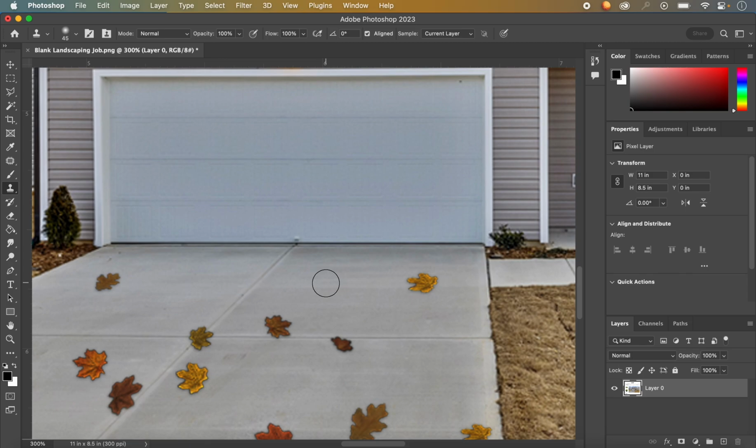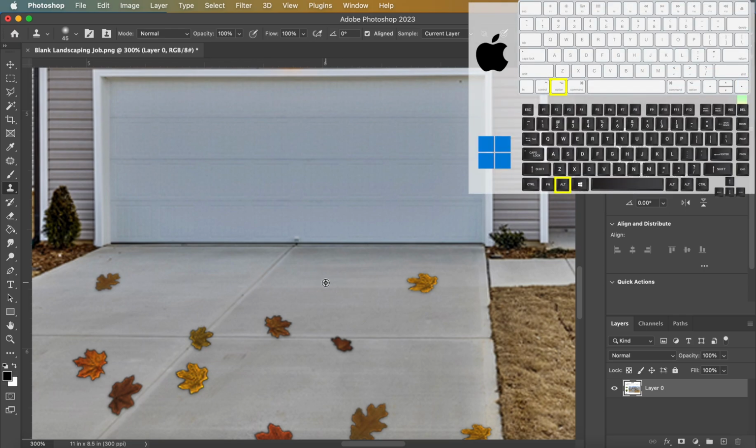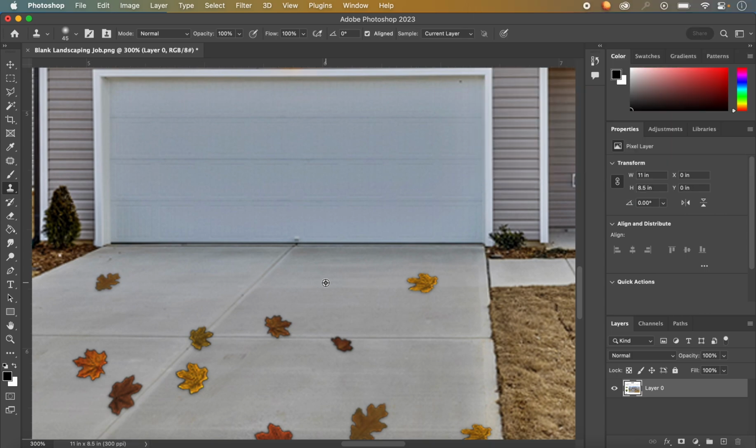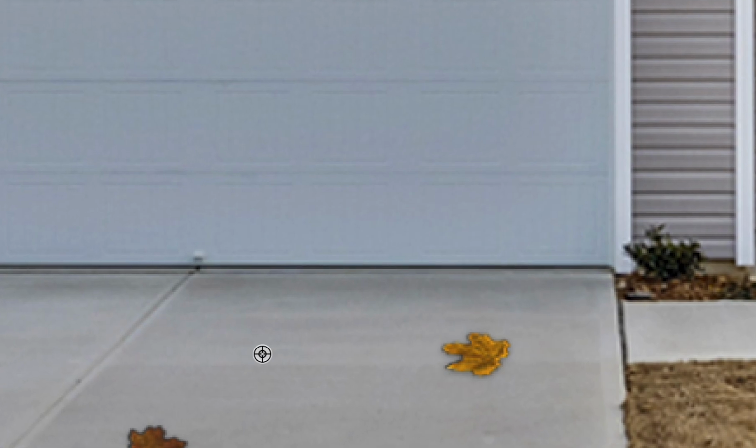right about here, to load my stamp tool, I need to hold Option on my keyboard first. So hold Option on a Mac or Alt on a Windows computer, and you see the target pop up. Once you have that target, you're going to left click with your mouse one time to load your selection, while still holding Option or Alt. Now I can release my Option or my Alt key,